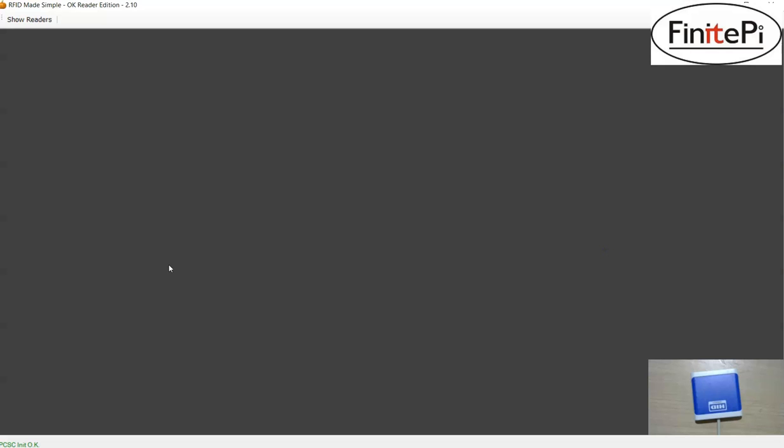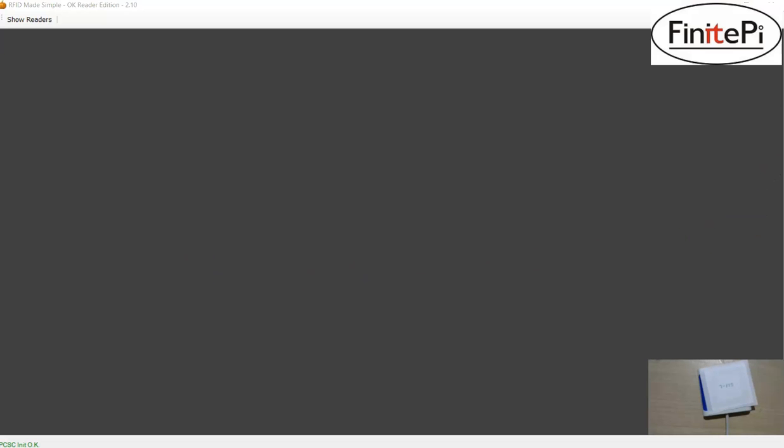So to demonstrate the SLIL tag, I'll be using the OMNIKEY 5022 reader writer. You can see I've connected my reader writer here, and this is the brand new SLIL tag. It's not easy to buy these types of tags from the internet. Now at the end, in my video description, I'll be putting the website where you can buy